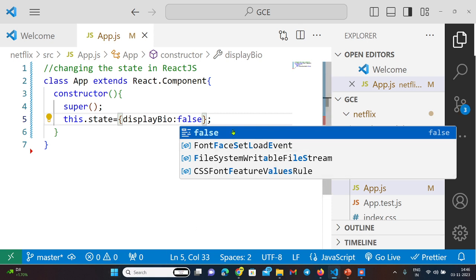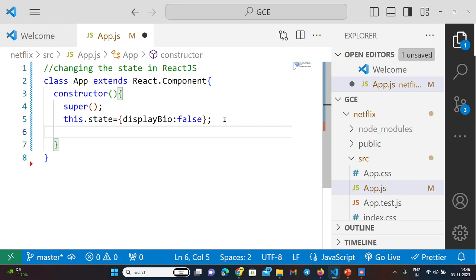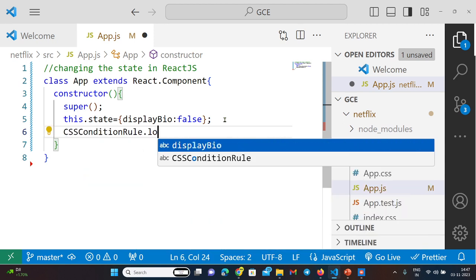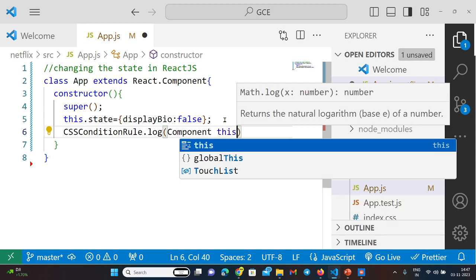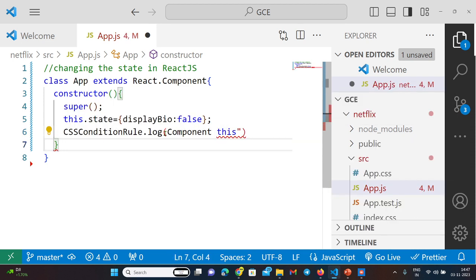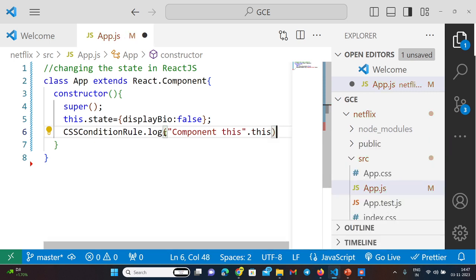So next, I'm just going to put the value in the console. Okay, so console.log of component this dot this keyword. Okay,